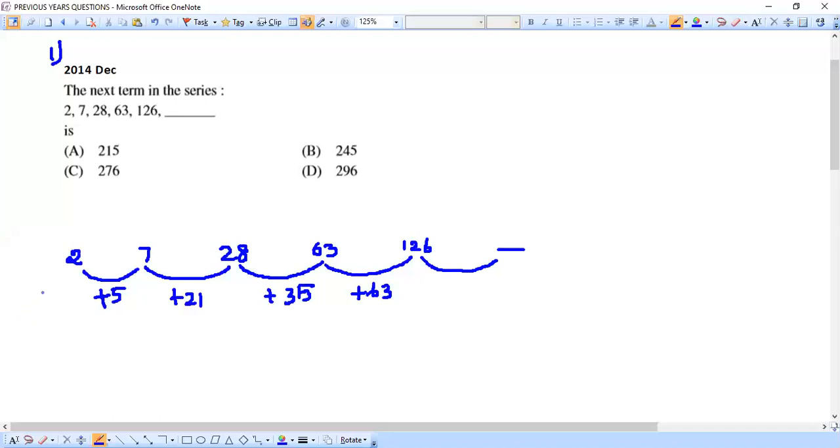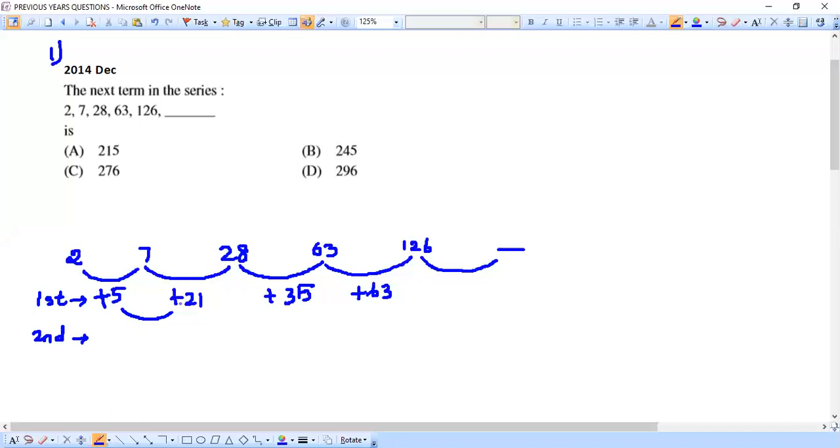What we just found is our first level difference. Now we go for the second level difference, that is, the difference of differences. We have seen this already. Let's try to find the difference of this difference. See, these numbers 5, 21, 35, 63 are all first level differences. When we find the difference of these numbers themselves, that will become the second level difference. That's what we are going to try now.